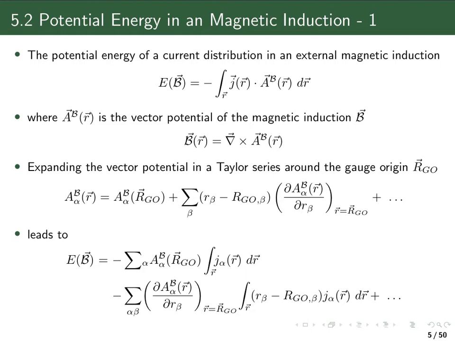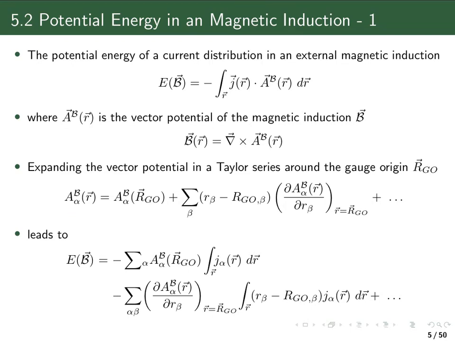Now again, we're going to expand this vector potential in a Taylor series expansion around an origin, the gauge origin GO. In the first term, we have the value of the vector potential at this expansion point, and then we get the first derivative multiplied with how far away from the expansion point we are. The usual Taylor series expansion of any function, except this is, of course,